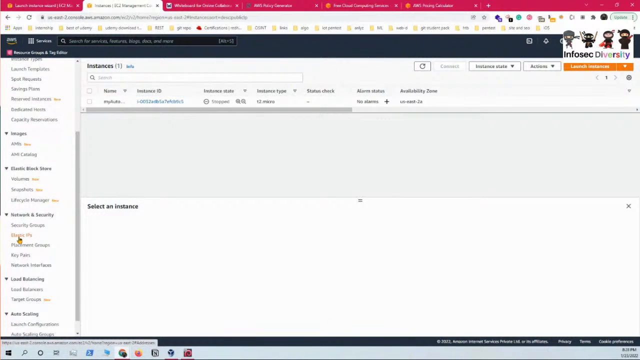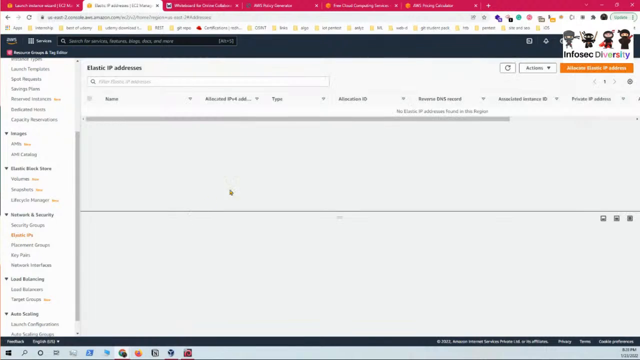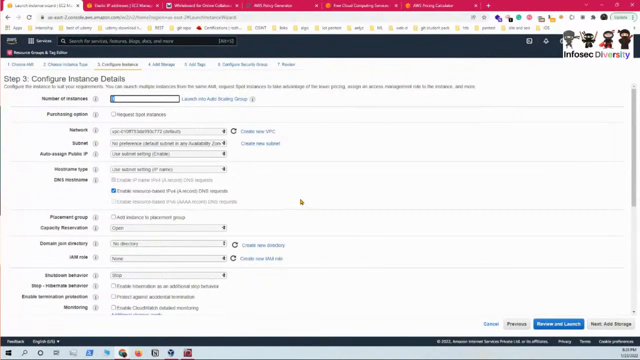So here we have elastic IPs. This is something that you use as a public IP address that you can attach to the EC2 instance that we'll be creating. If you are continuously starting and stopping your instance, every time you do it, the public IP address will change. But if you want the IP address to stay the same however many times it starts or stops, because there may be many use cases for that,